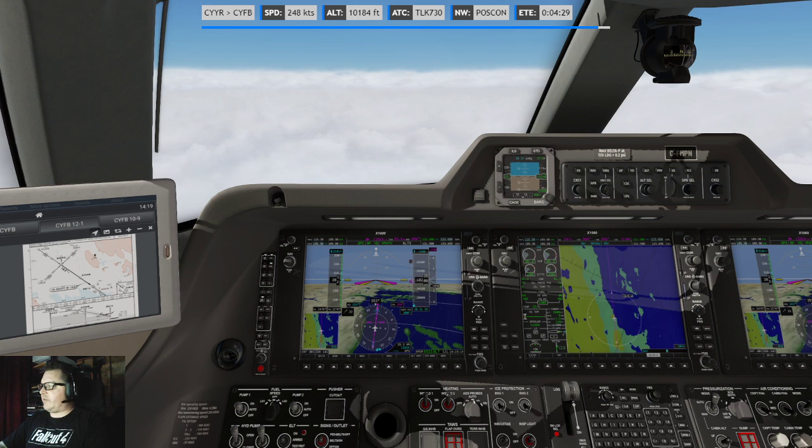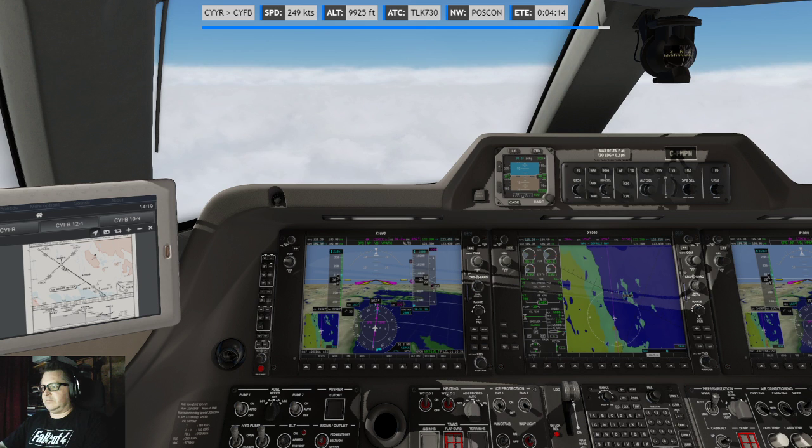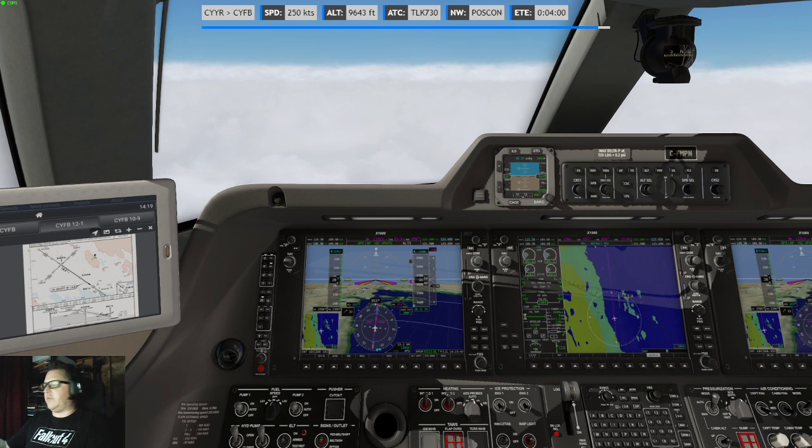Yeah, the weather is pretty crazy, and Active Sky is being, yeah. Iqaluit traffic, Starling 730, passing 10,000 and descending 2,300. RNAV 16 Iqaluit.